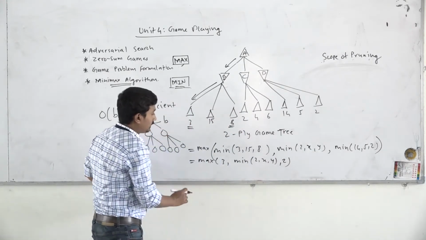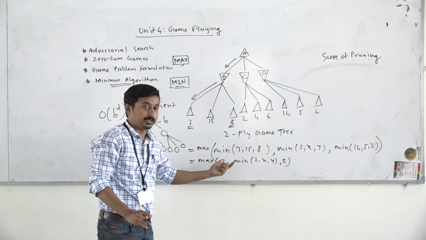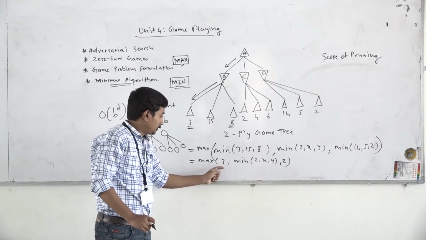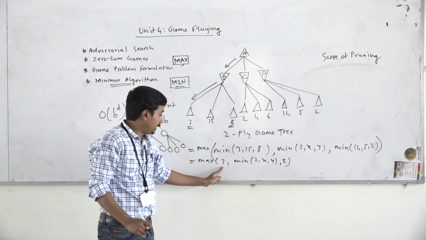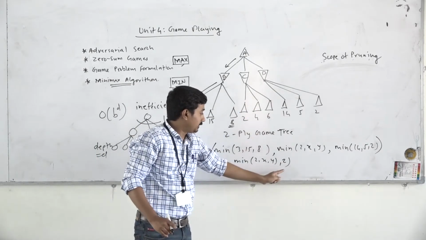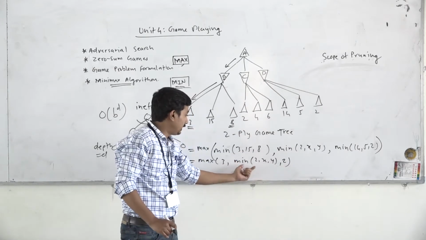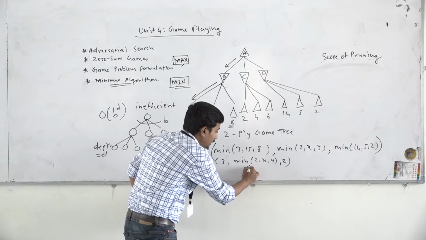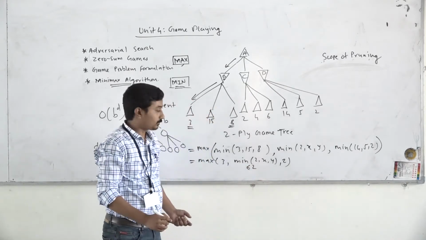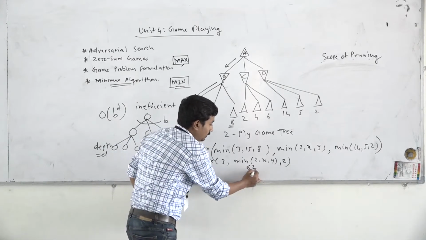Now what is the significance of this statement? It is a maximum. This branch is giving us a reward of 3. This branch is giving us a reward of 2, and this function will give us a value less than or equal to 2. So that is not required, right?